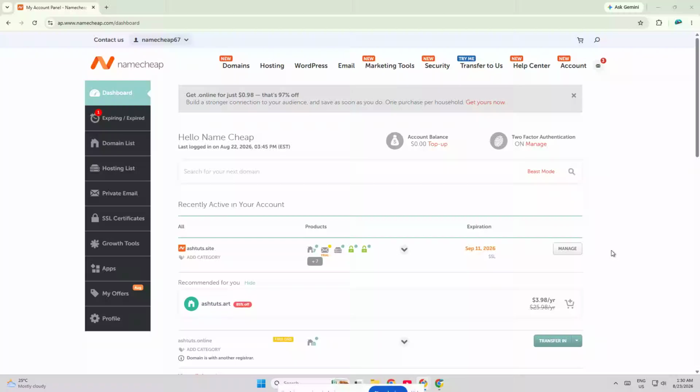If you need to point your root domain to another hostname, then in this video I'm going to show you exactly how to add an alias record in Namecheap, step by step. This is a really useful DNS setup when you want your domain apex, meaning the main domain, without www, to point to another host cleanly and efficiently. It's simple once you know where to click, and I'll walk you through the whole process so you can do